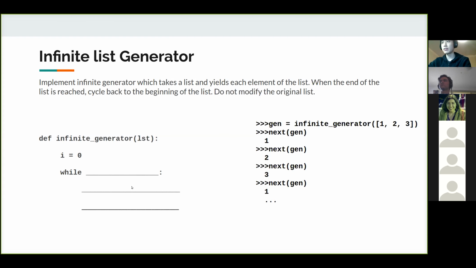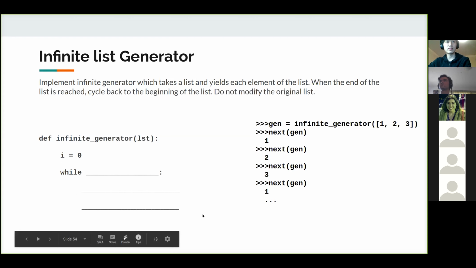Here we've given you some skeleton code. We have the index starting at 0. We have a while statement, since we have to infinitely generate some stuff. And then we have the rest. So yeah,